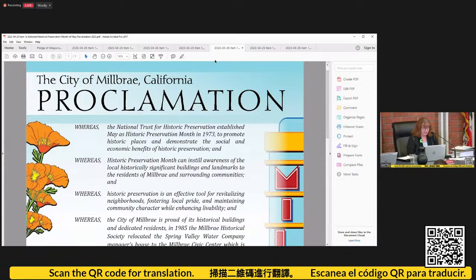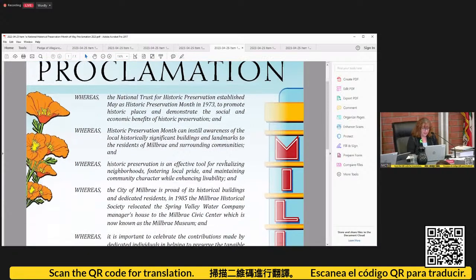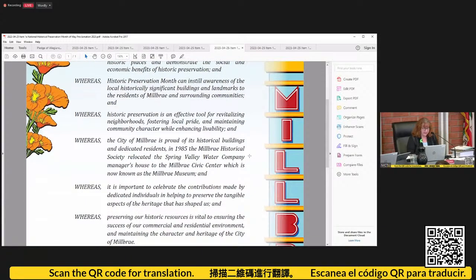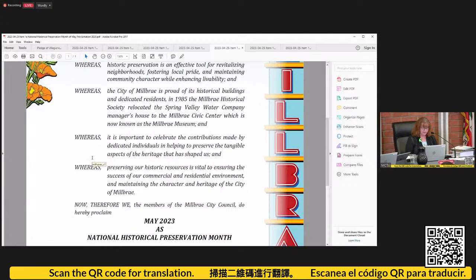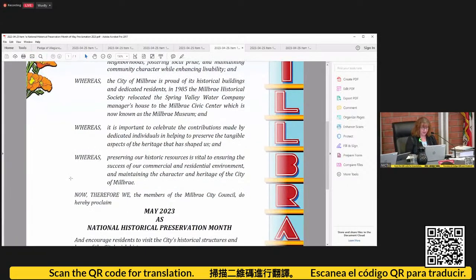And whereas the city of Millbrae is proud of its historical buildings and dedicated residents, in 1985, the Millbrae Historical Society relocated the Spring Valley Water Company Manager's House to the Millbrae Civic Center, which is now known as the Millbrae Museum. And whereas it is important to celebrate the contributions made by dedicated individuals in helping to preserve the tangible aspects of the heritage that has shaped us, and whereas preserving our historic resources is vital to ensuring the success of our commercial and residential environment and maintaining the character and heritage of the city of